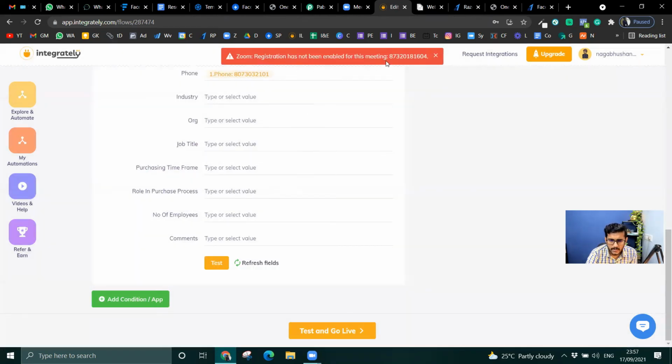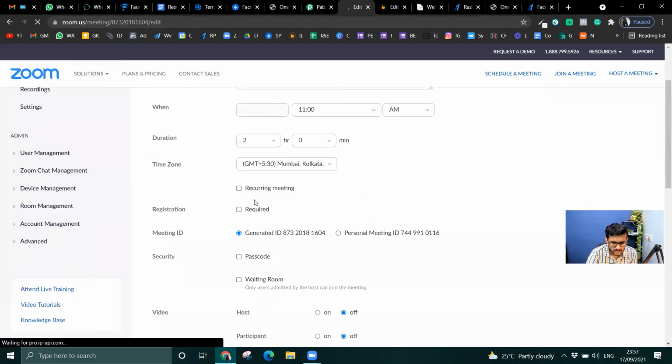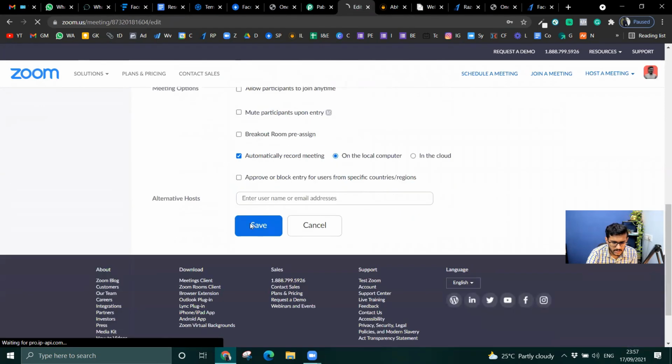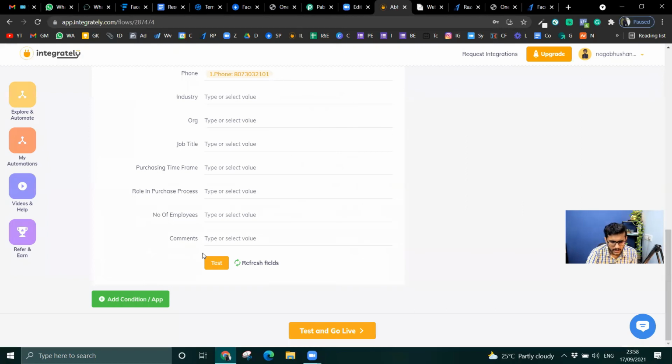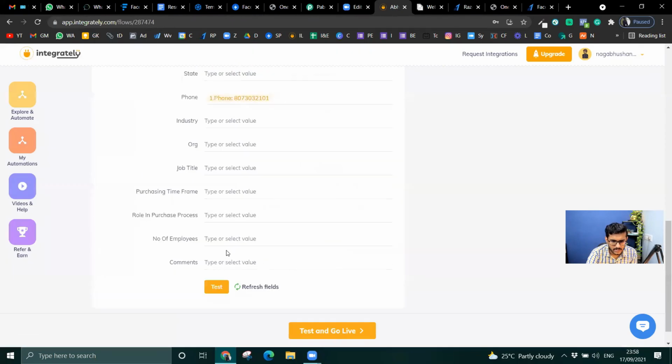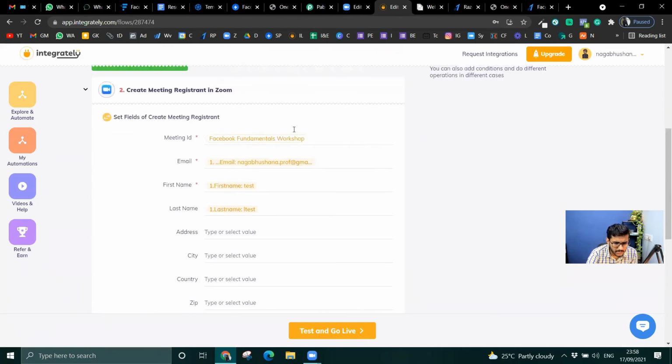Zoom registration is not enabled for this meeting. Oh, okay. This is something from here. I'll just go and edit it. So I'll just say registration required and then just say save. Go back, test again. Test again, refresh fields, test again. Not been enabled still.